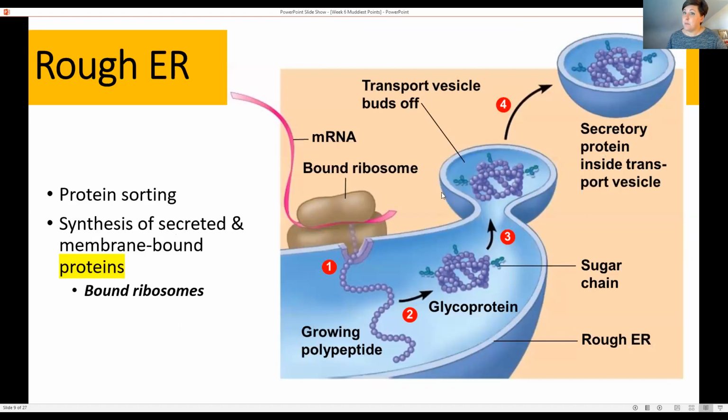So again, ribosomes make proteins, and this is just looking more closely at the rough ER. Those ribosomes are attached to the rough ER, and this is mRNA created in the nucleus. It associates with the ribosomes on the rough ER and makes proteins, and as it makes them, those proteins enter the rough ER. So you see, again, we have mRNA coming from the nucleus, and this ribosome that's bound to the rough ER, making the rough ER rough, creates that protein, which enters the rough ER, which remember, the ER and the whole endomembrane system